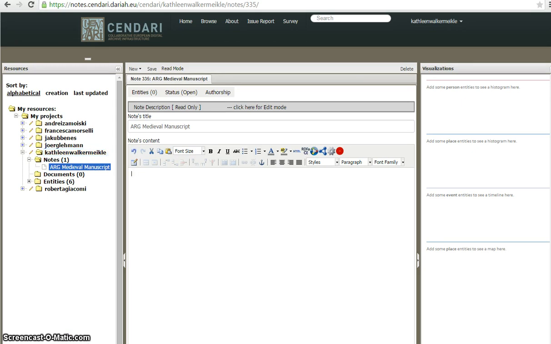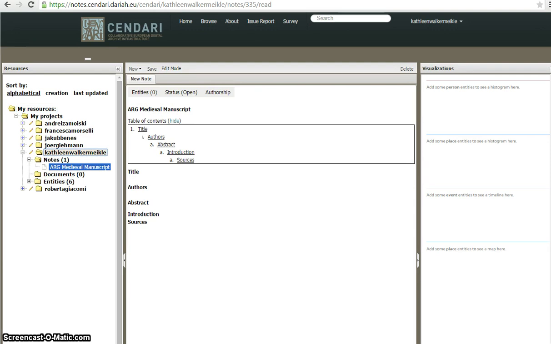To create a table of contents and that way structure your note, type or copy and paste your selected headings. Then mark each one by one with the headings in the editor. So this will be heading 1, the second one heading 2, and the third one heading 3, and so on. Please stick to the correct order. Heading 2 follows heading 1, and so on. Save again, and a table of contents will be created automatically, which you can view in the read mode,